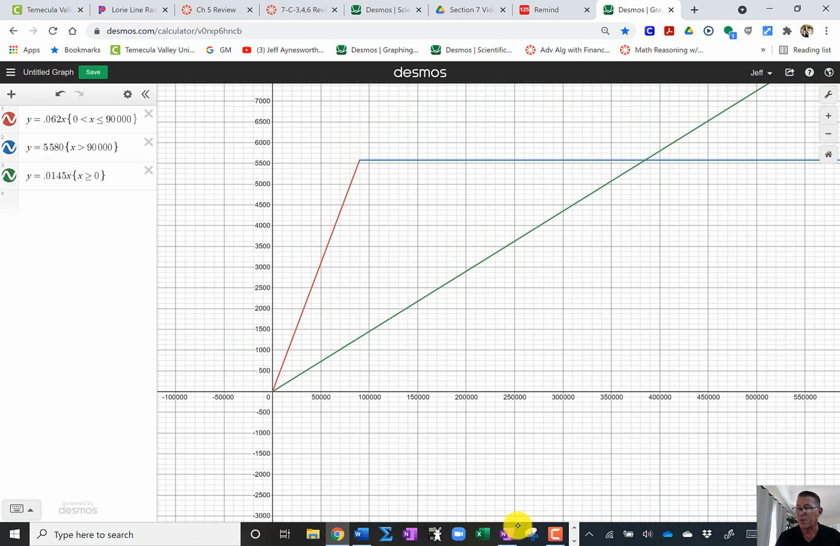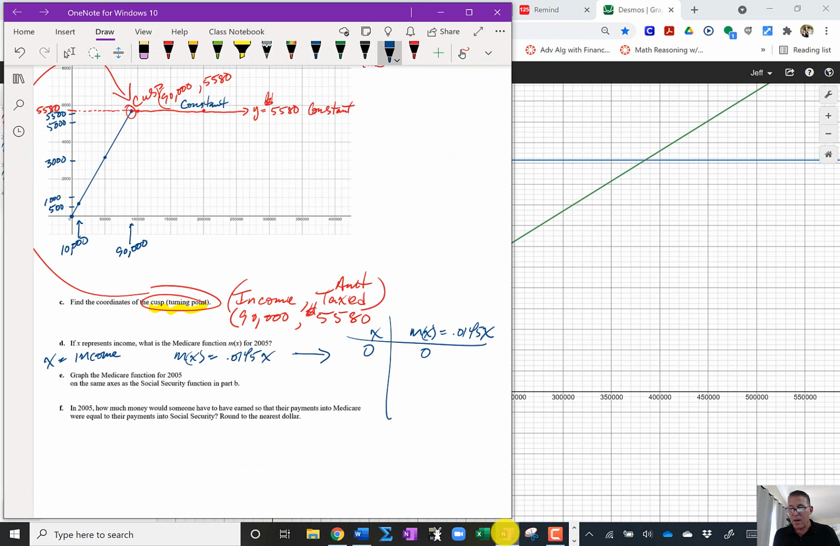So you simply plot that number. So you go right 50,000, up 725, which is right about here. So the Medicare line would be in this direction, and then it would intersect the horizontal line this way, and then intersect